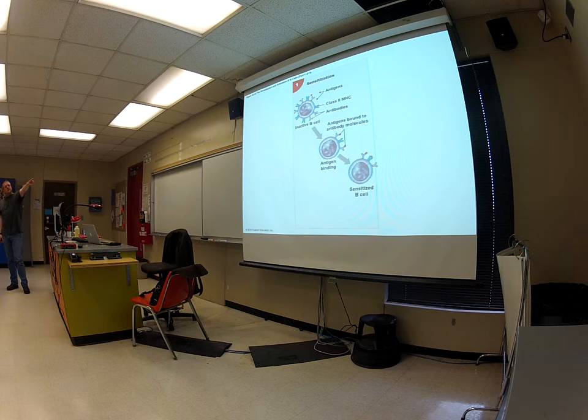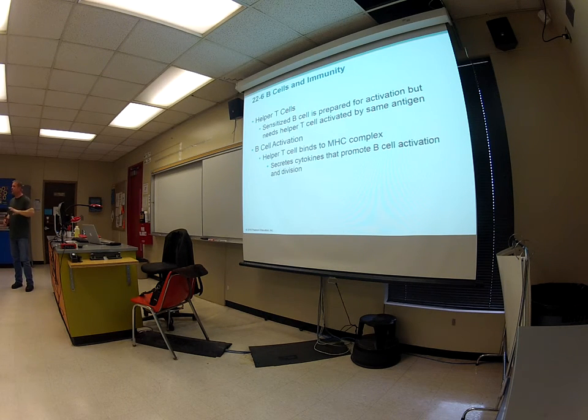So there's your antigen. It binds to the B cell. The B cell's sensitive to this. It can present that antigen. But what's so important about this is that when the B cell becomes active and it differentiates into a plasma cell, the antibodies are the same shape as the antigen. So when we secrete antibodies,